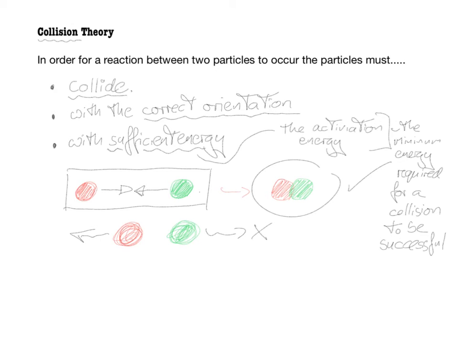So, collision theory, just a quick recap. 3 things. For a reaction to occur between 2 particles, those 2 particles must first collide. They must collide with the correct orientation, and they must do so with sufficient energy, which in terms of exam technique we would say is the activation energy. And the best way of doing this, and I'll do this in a solid pen just for the last thing, so that we know what we're talking about. The best way to talk about activation is